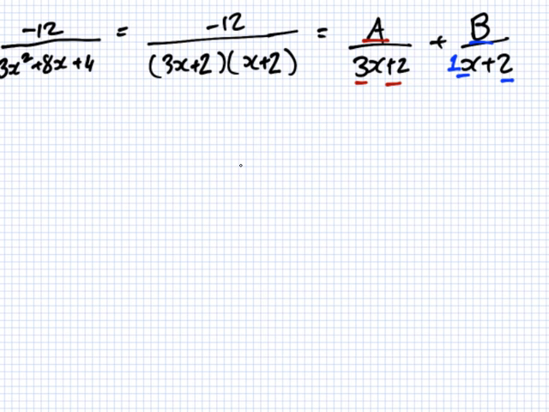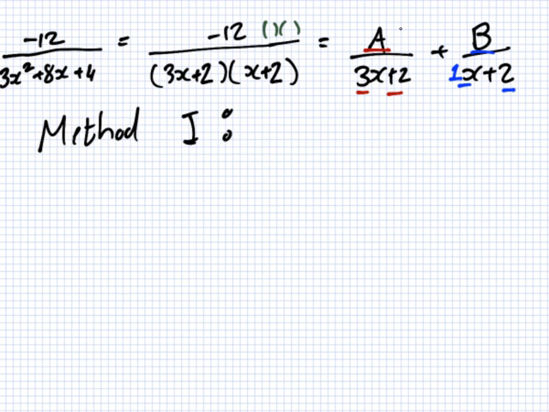Why am I splitting the page? You can split your page if you want, so you can see how long each one is compared to each other. So for the first method, what you do is you just multiply everything by these 2. So I won't write that down, I'll just write 2 brackets. So 1, 2, 1, 2, 1, 2. And you'll notice that this one cancels that one and this one cancels that one. This one will cancel the first one and this one here cancels the second one. So you're left with minus 12 equals,